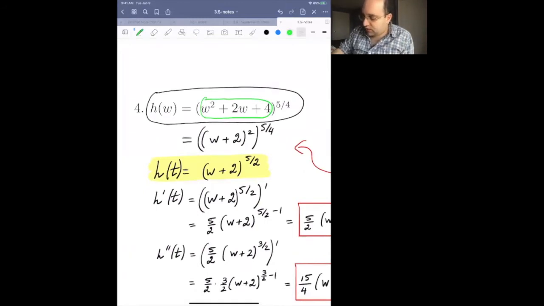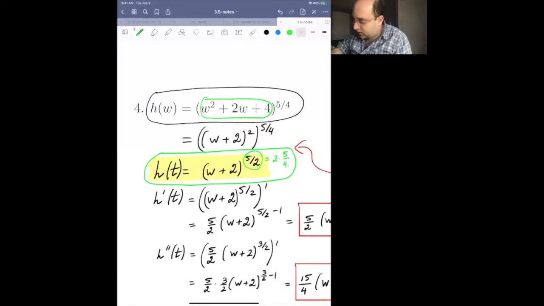Now we can simplify this by noting that 2 times 5 quarters is nothing else but 5 halves. We know that when we're taking a power of a power, the powers multiply, so this 5 halves is nothing else but 2 times 5 quarters. And therefore we have to take the derivative of this expression here, which is much easier than the expression we had before. Okay, so now to take the derivative of this expression w plus 2 to power 5 halves,